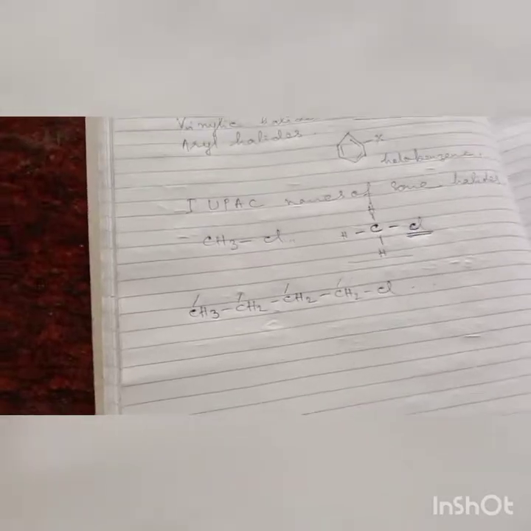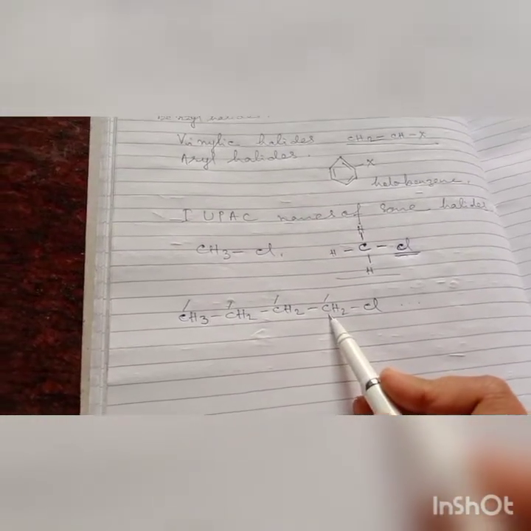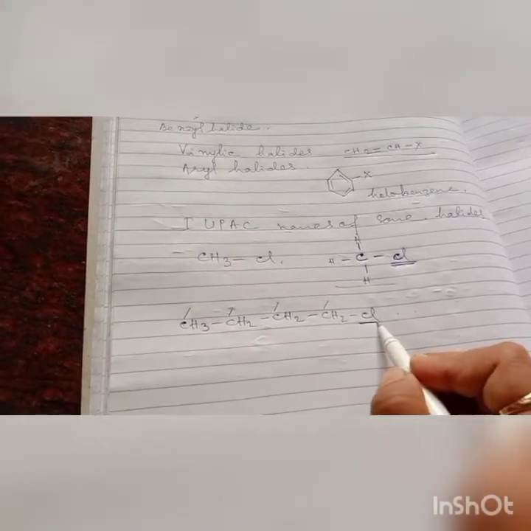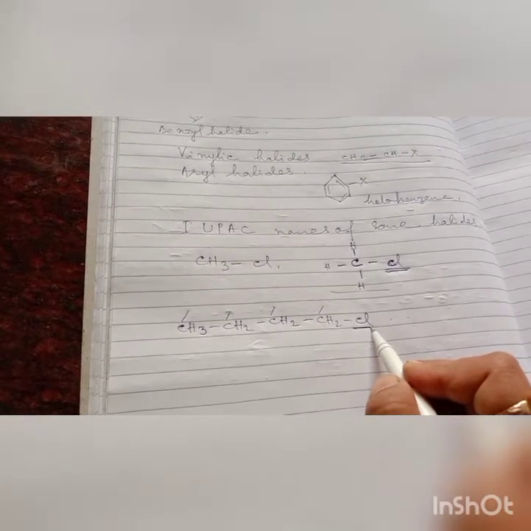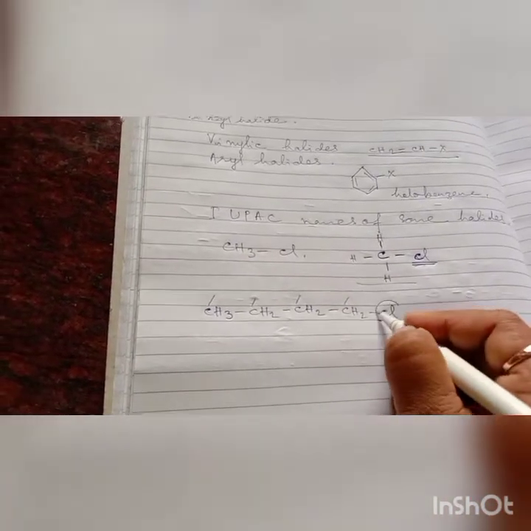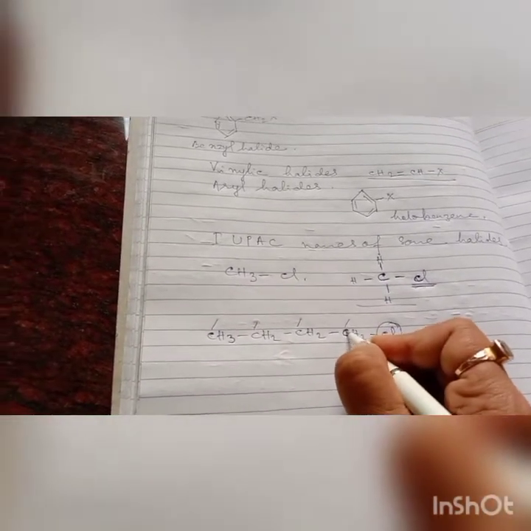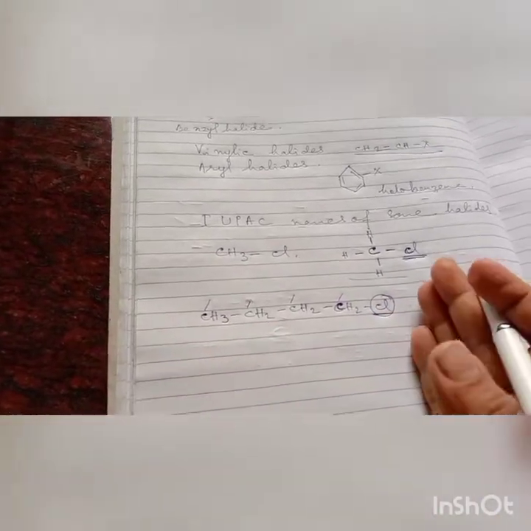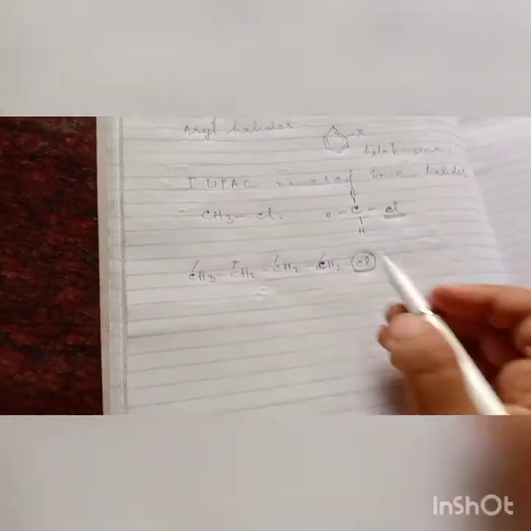According to the homologous series, if a compound contains 4 carbon atoms, we call it butane. And here one chlorine is present, so we say the name of the structure is 1-chlorobutane, and this halogen group is present on the first carbon. Your counting may start from your left side or right side. You take the least number of carbon.